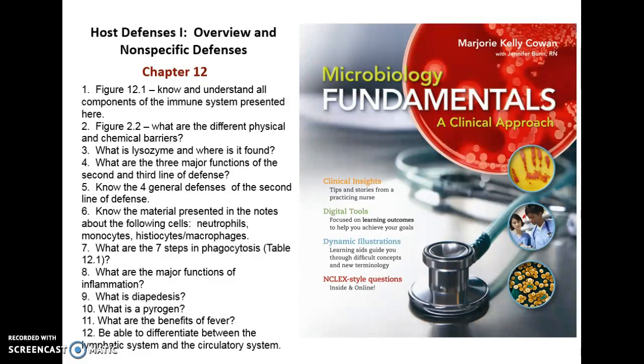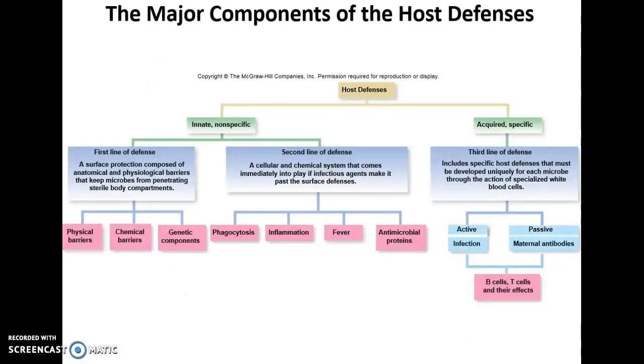simply objectives 1 through 3 are what are going to be covered in section 12.1. And 12.1 really is just an overview of the defense system, and this is figure 12.1, and it shows you that big overview diagram of the defenses. On the left-hand side, you have the innate, non-specific immune defenses, and again, innate means that you were born with it. And this group of